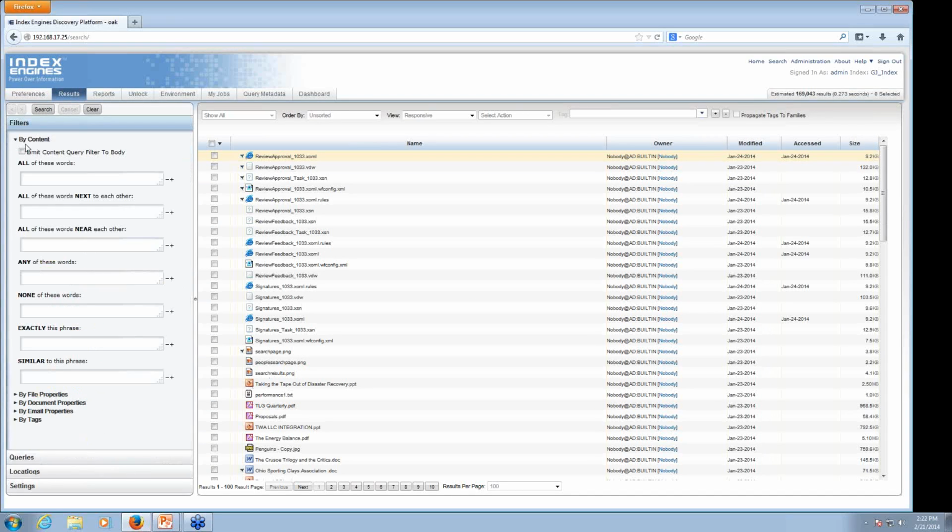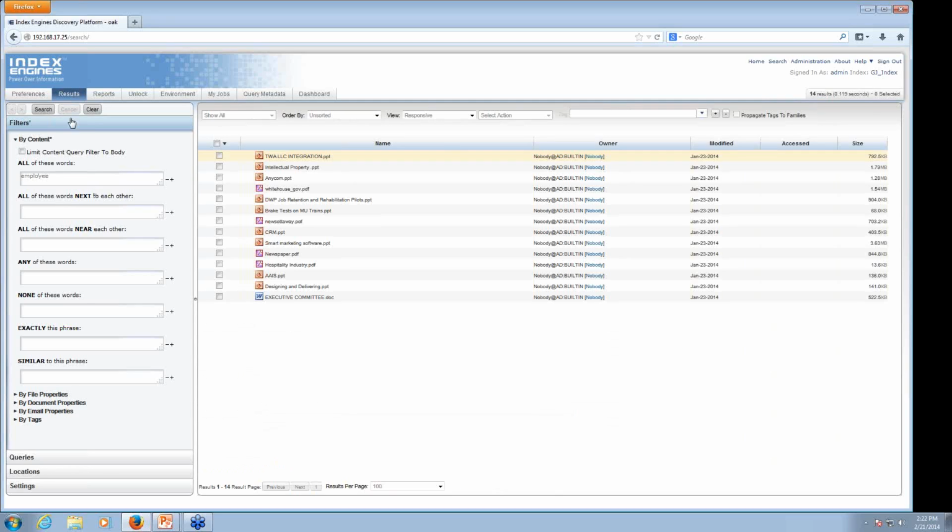The next thing I can do is add content. I can come in here. We have different options such as all these words, nears, nots, next, and all your typical Boolean operators that you can now add in, or start off with when only searching the SharePoint. I can do something like employee, do a search,